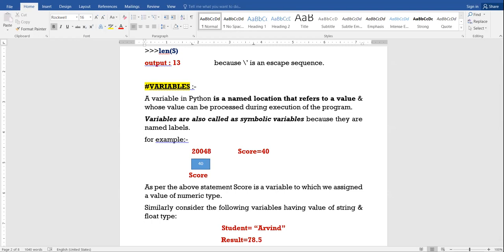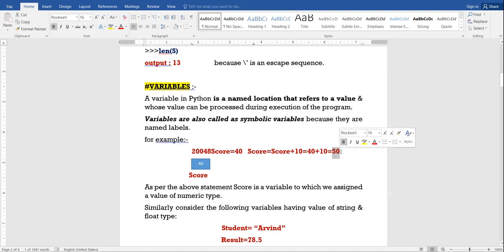Right? Now if I change the value of score, I say score equal to score plus 10. So it becomes 40 plus 10, that is 50. मैंने स्कोर की वैल्यू में 10 ऐड किया और वैल्यू बन गई 50.